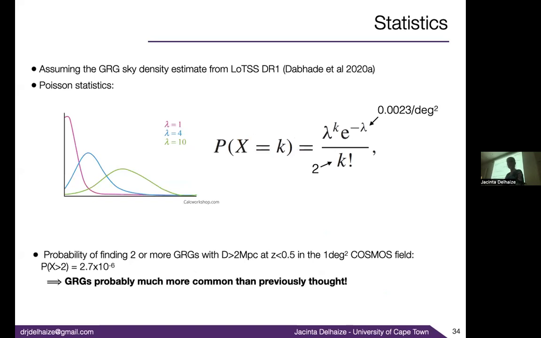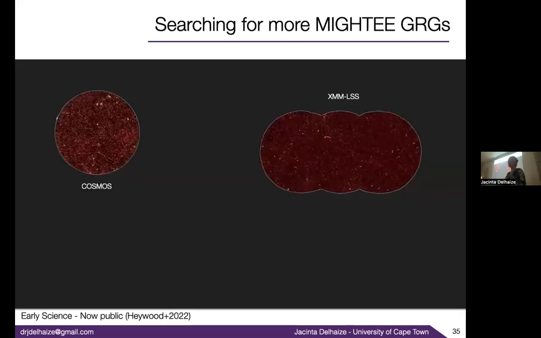I'm going to skip the statistics, but long story short, this implied that GRGs are actually much more common than we previously thought. We just couldn't detect them because of telescope limits. And that has now been found in the literature, and the number has grown massively, as I said, from about 800 to about 3,000 in just the last few years. So I was talking about MIGHTEE